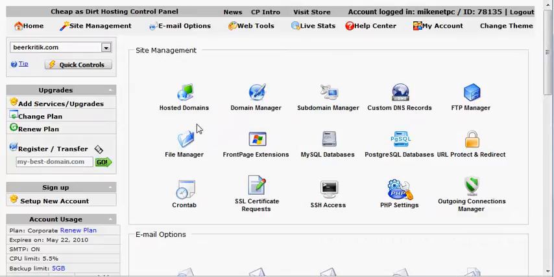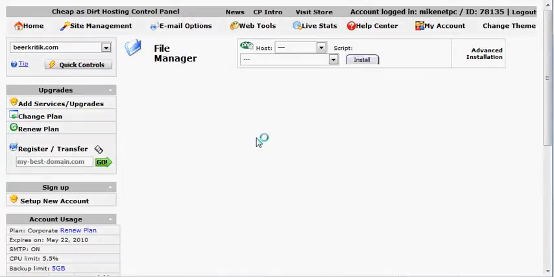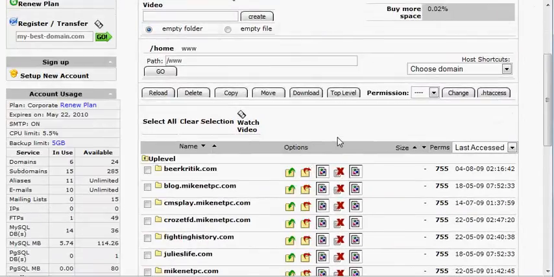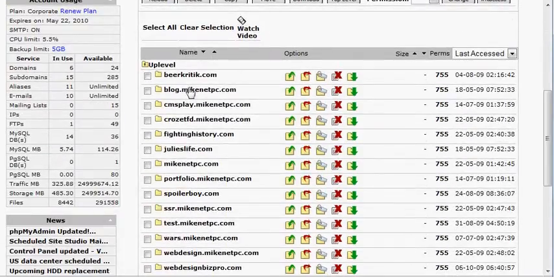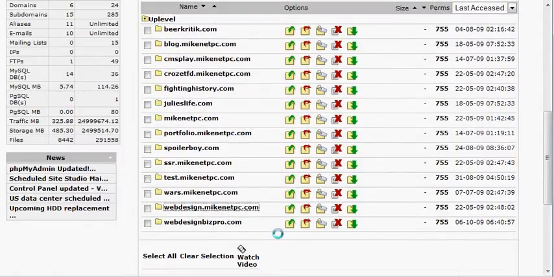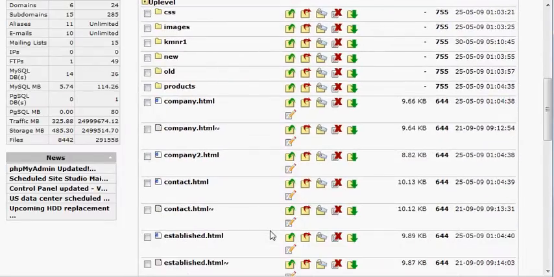So we're going to go ahead and go into File Manager. What File Manager is going to show me is basically all of my domains and subdomains. As it loads here, you can see all of my domains and all of my subdomains. We're going to look at webdesign.mikenetpc.com. That's my web design